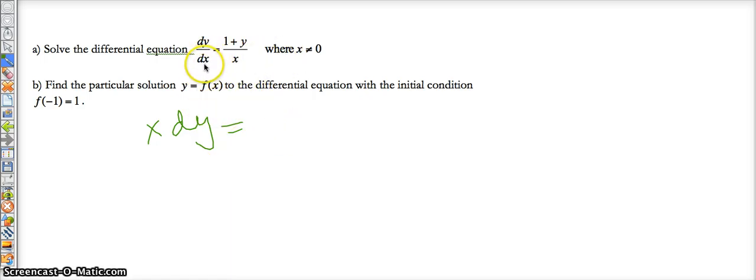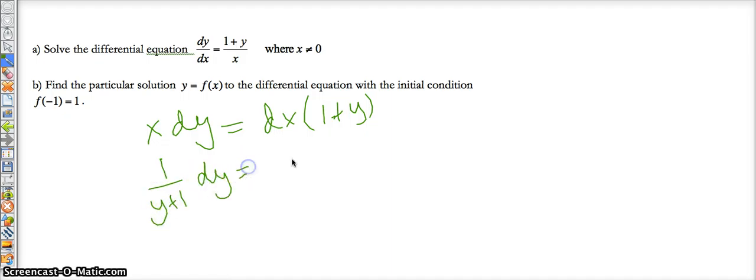Anyway, all right, so we have cross-multiply, I get this, and then dx times the quantity, because you guys have an issue with parentheses. I don't know why you like to leave them at the bus stop. But anyway, so here we go. So dx and dy are in their respective places, but the variables don't match, so we have to divide both sides by 1 plus y. And if you do that, it should bring us to 1 over y plus 1 dy is equal to